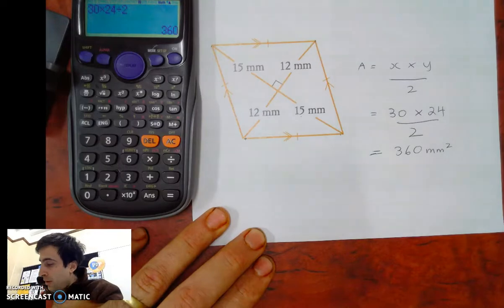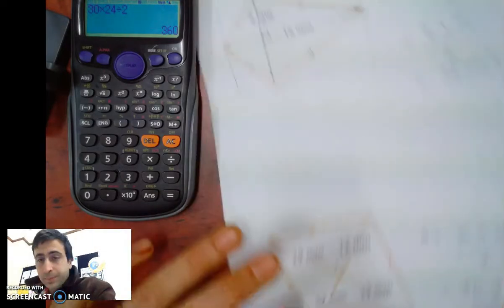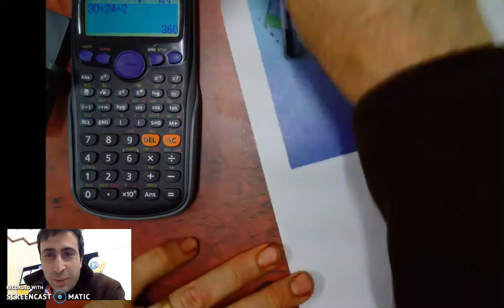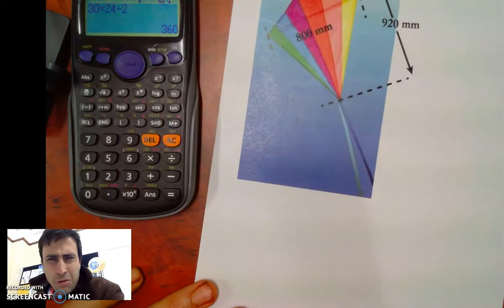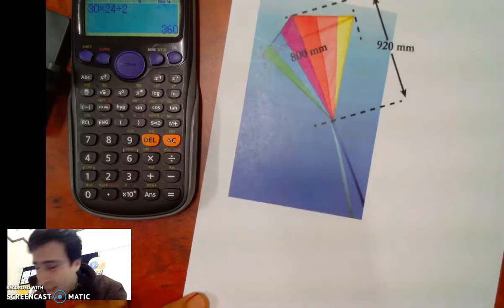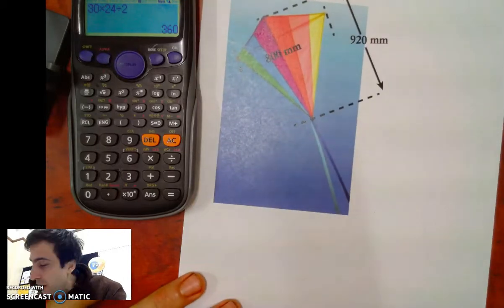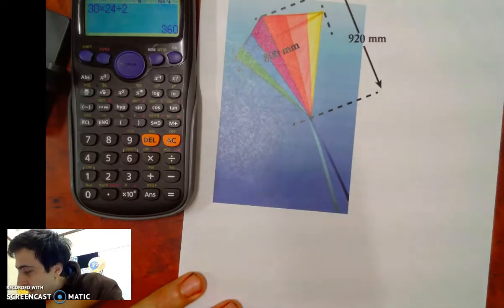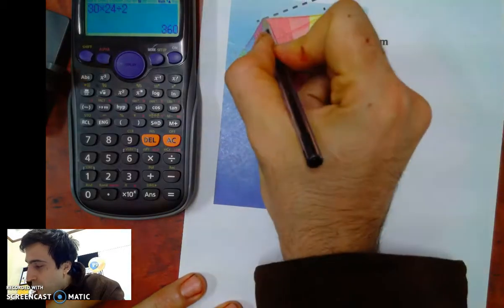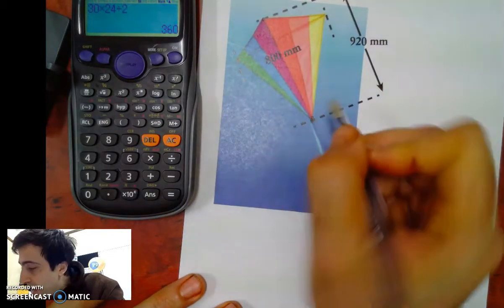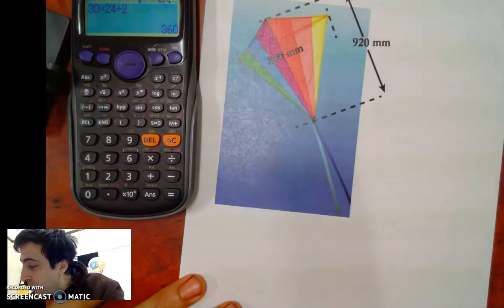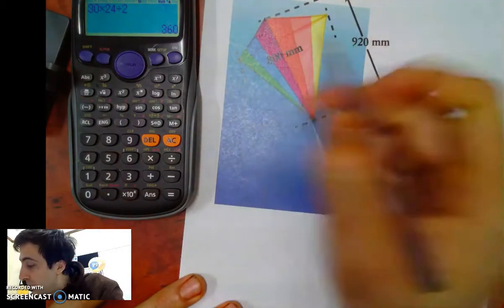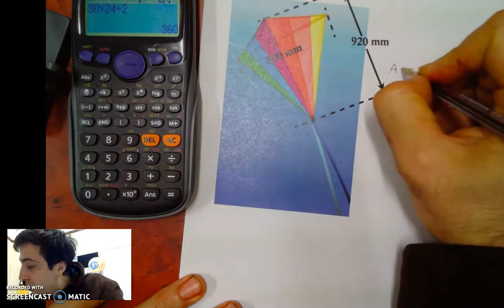Let's do a practical example. Oh, upside down. Here we've got a kite. Lo and behold. Oh my God. How about we find the area of this kite? We know from this corner to this corner, this diagonal, it's 920, and from here to here, it's 800 millimeters. They're both millimeters. Therefore, area equals x times y divided by 2